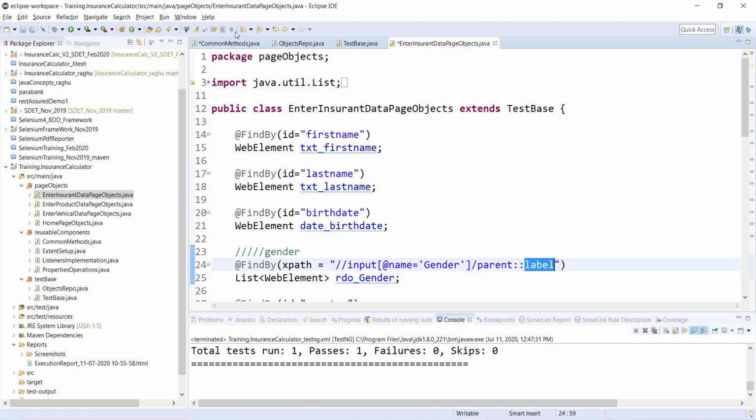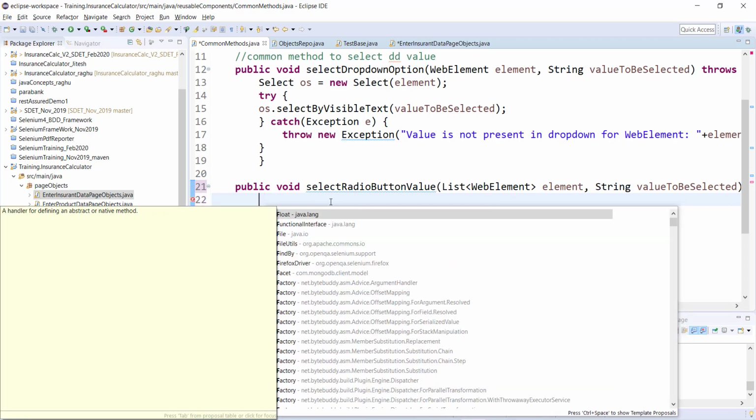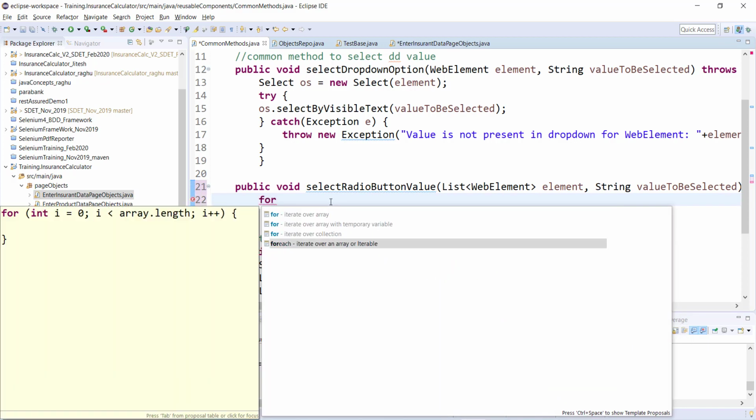Now I already have the list. You already know how to iterate over the list. In my current situation I have gender male and female, so I have two web elements in the list. How to iterate over the list is by using a for each loop. That's pretty simple.